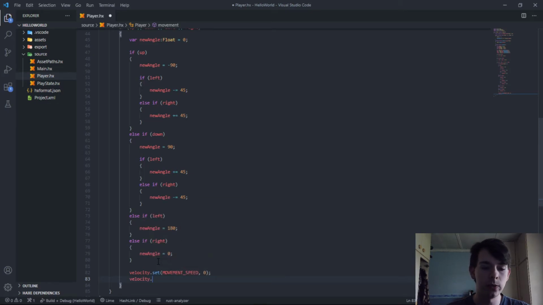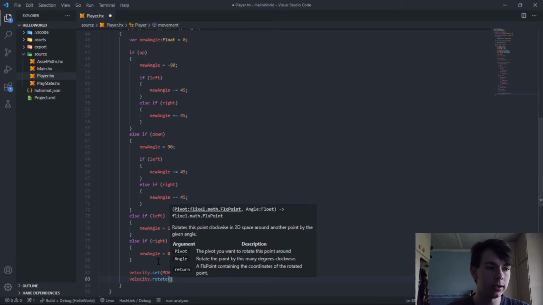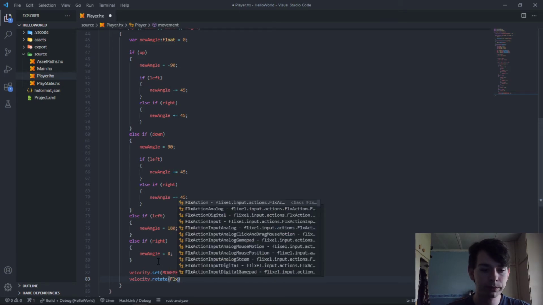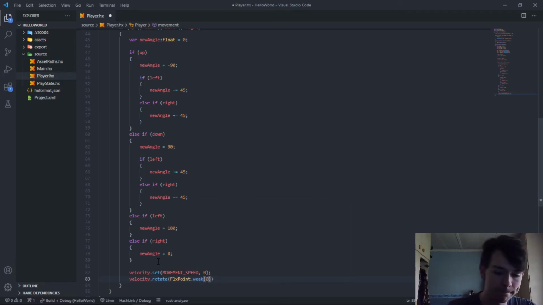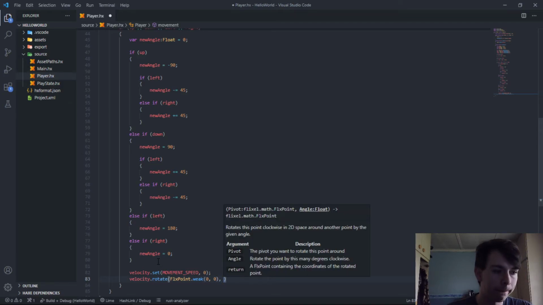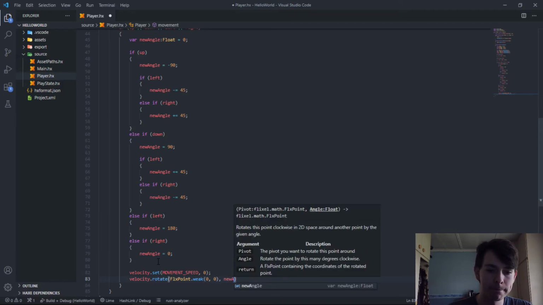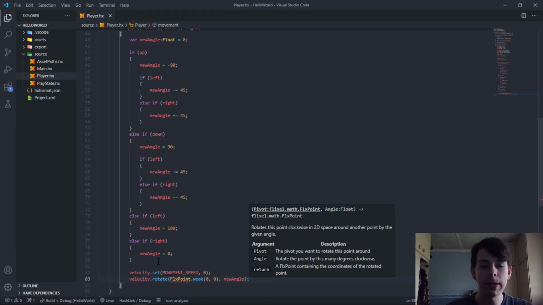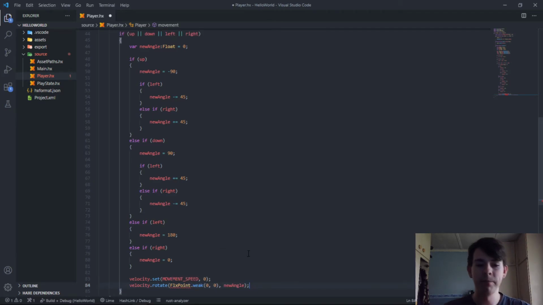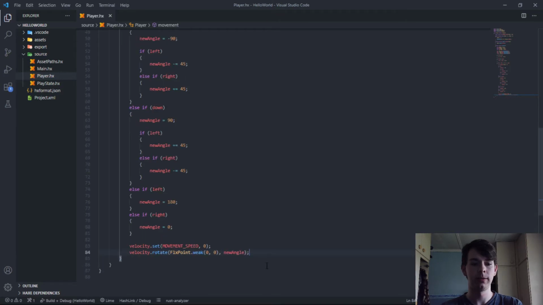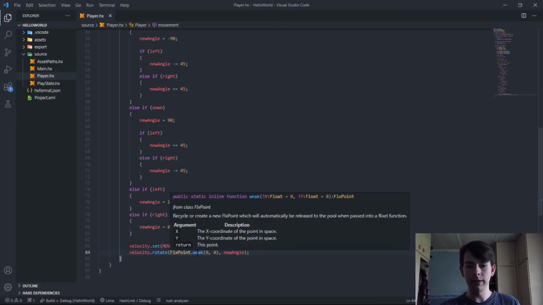So after setting the forward motion, the momentum on the x-axis, we say rotate the sprite point dot weak. Now you might be wondering, let me just get back here. Import. Okay, cool. So you might be wondering, so it rotates around the 0, 0 point. And from what I understand it is,